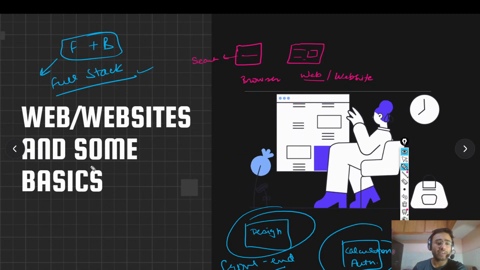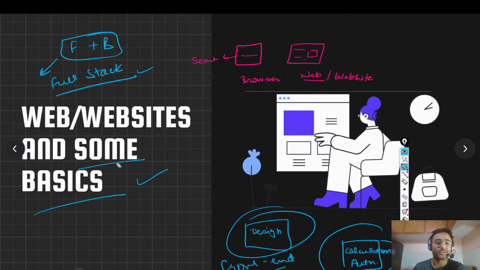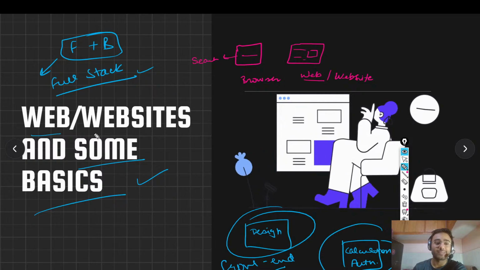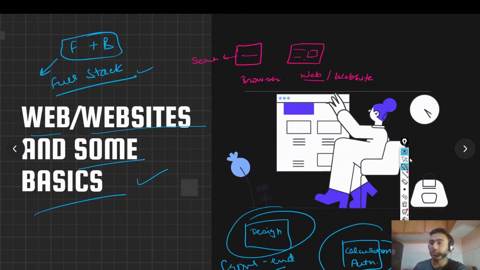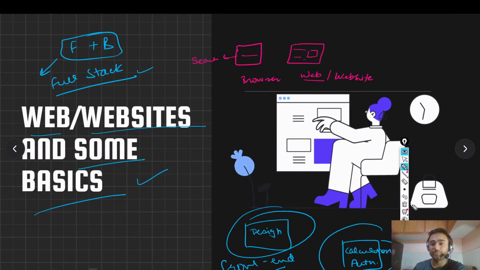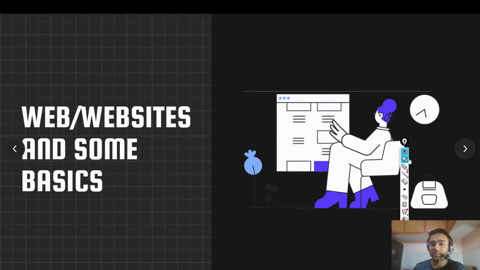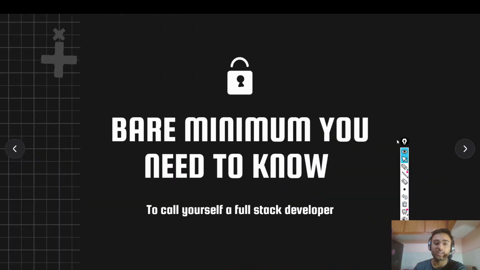So I hope I have made these basic terms clear to you, and you also have a great idea about web and websites. So we are good to move to the next slide, right? So I'll delete this and move to the next slide. Chalo. So now let's see what are the bare minimum things that you need to know to call yourself a